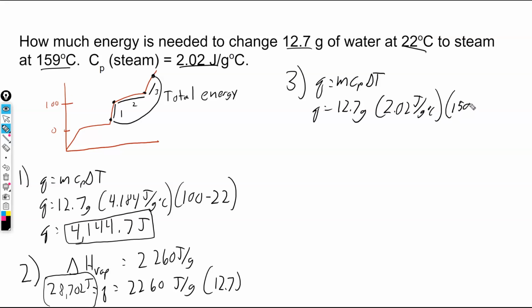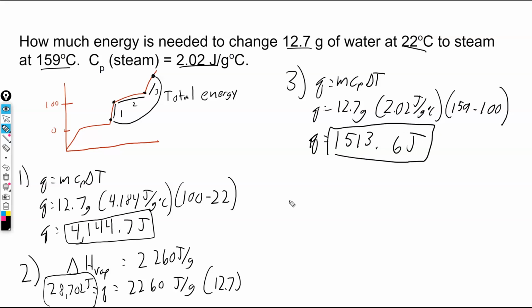So this will always be a positive number too, guys. It should be right now. Minus 100 now, because you started at 100. That's where you're ending at this point. And then you'll figure out Q. So you should get approximately 1,513.6 joules. And now I just have to add up all 3 of my box numbers to find my total